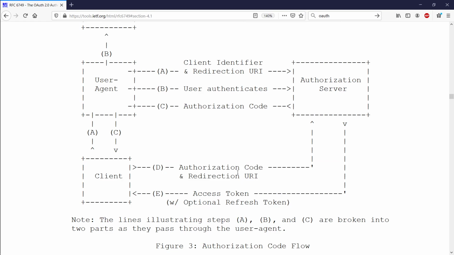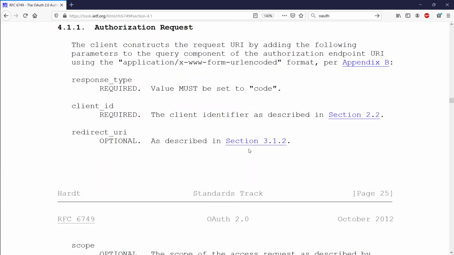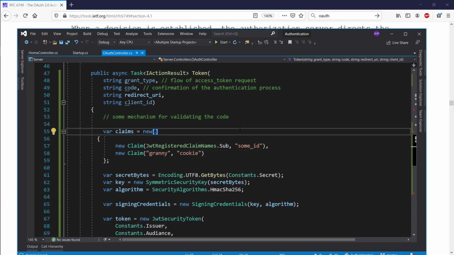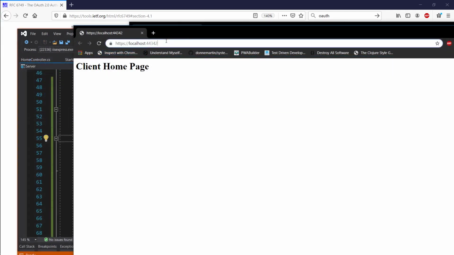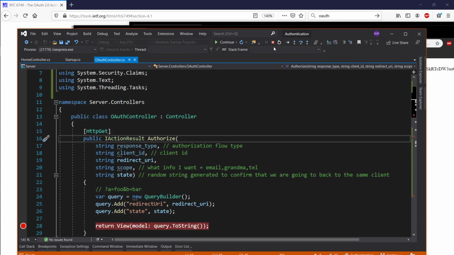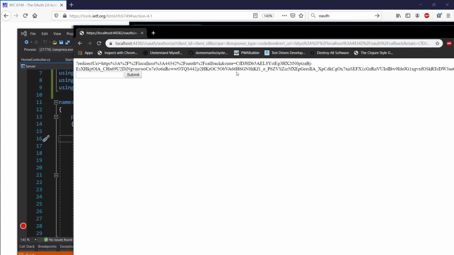Refresh token, don't worry about it, we'll get to it. Okay, so let's go ahead and launch this and see what happens. On our client, we're going to go to the home secret page. We are redirected to the authorize page where we see the redirect URI. Let's go ahead and say,